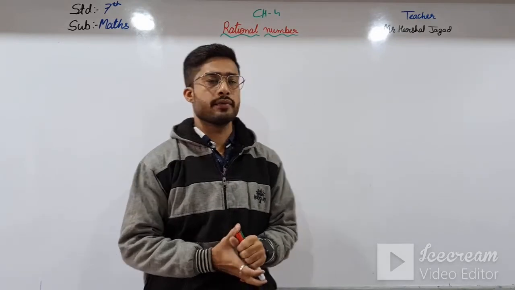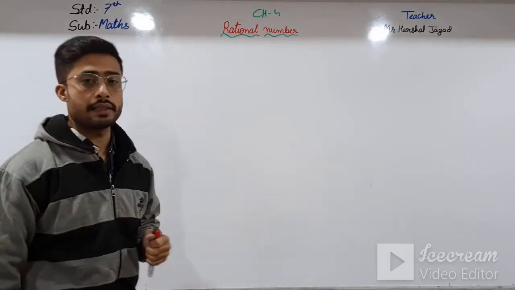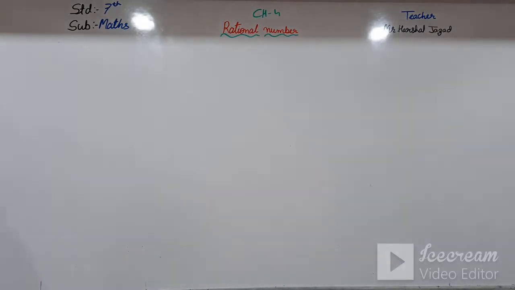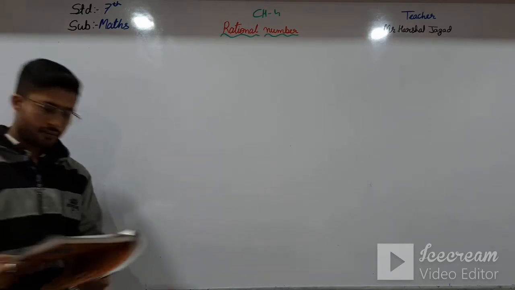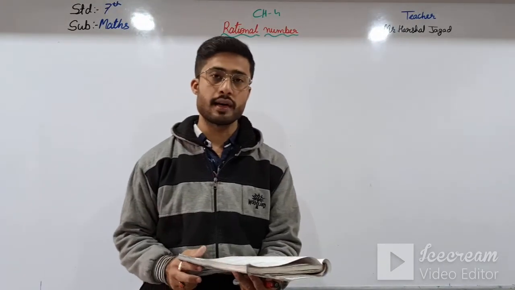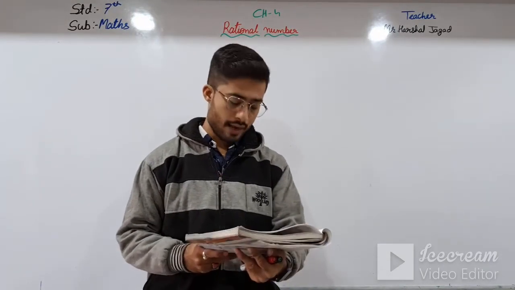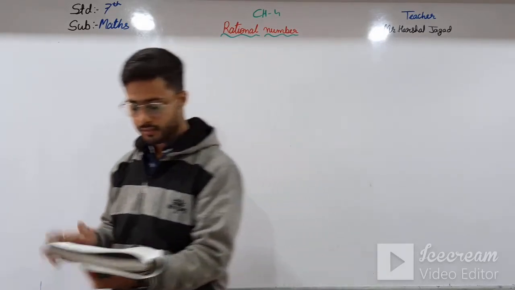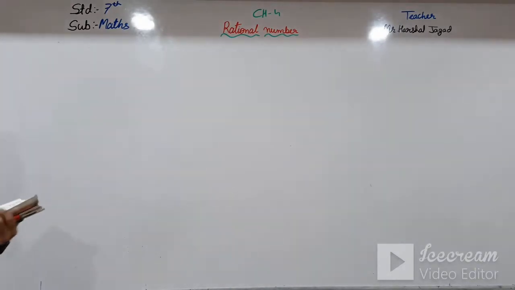In the previous videos we have been going through chapter number 4, that is rational numbers. In that we have seen up to exercise 4b. In exercise 4b I have done some of the sums of questions 1, 2, 3, and from question number 4 I gave you 4, 5 and 6 to do as homework. I think you have done that, so I am just doing any two from that. Students, you can understand if you have any doubt for that.